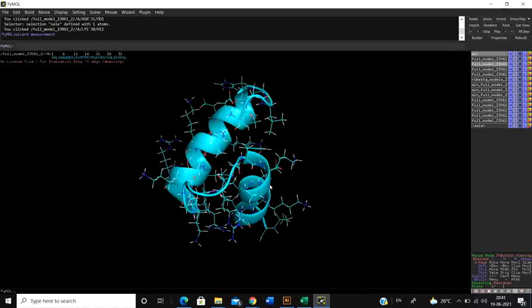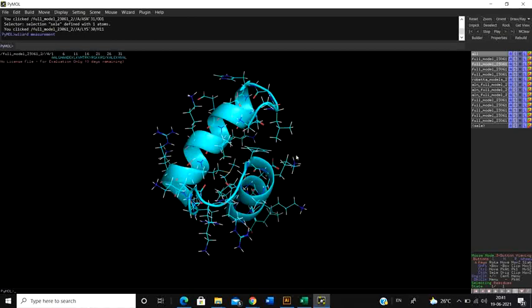Okay, so this is how you can also use this particular PyMOL software to find out the distance between your ligand and protein, analyze the protein structure, and find out the distance between two residues. Suppose you have a protein that has mutated, and the mutation causes a slight fluctuation in the protein structure. Now you can find out the distance between those two fluctuation points and compare it with the wild type one.